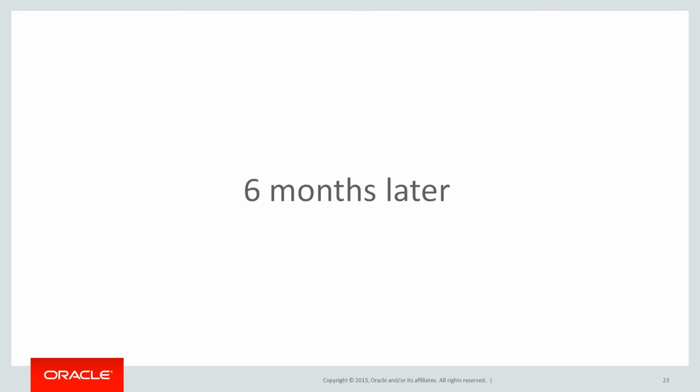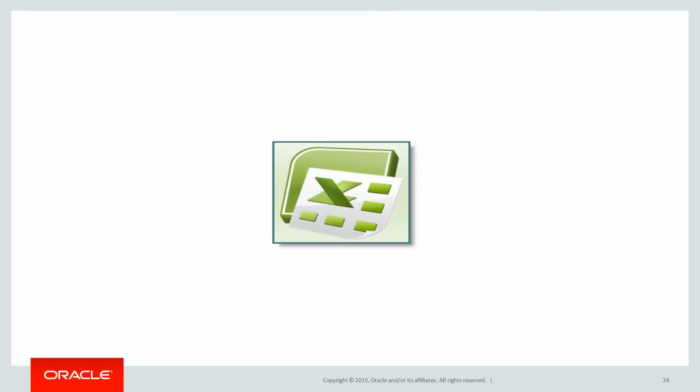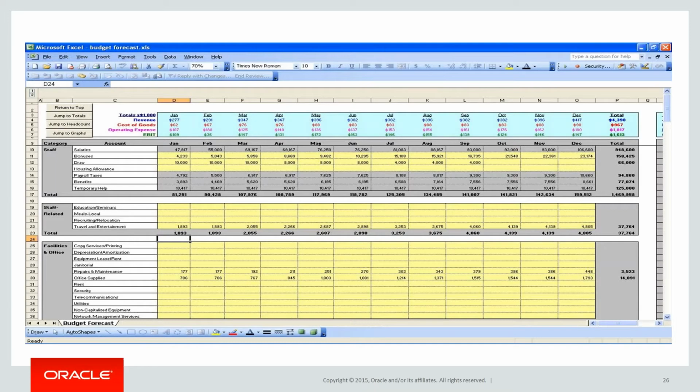Guess what happens? 6 months later, Excel will be back, right? And once again, you've got just many Excel spreadsheets. And what happens is this. You'll have some old guy in your organization named Bob, right? And what he's done is he's built the world's most complicated Excel spreadsheet. Right? It's got every formula known to man.